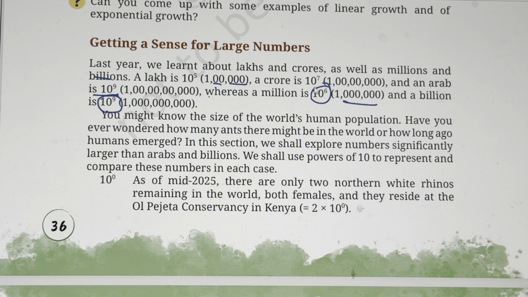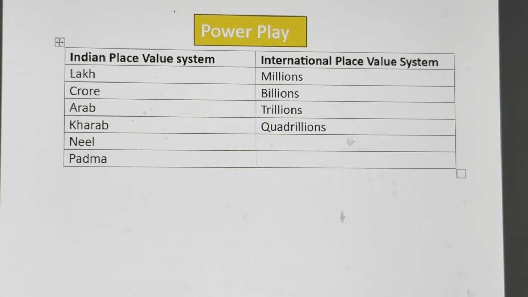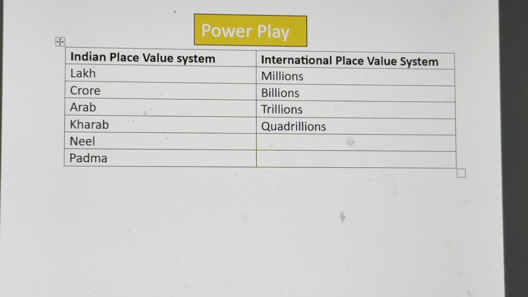Let us first understand that. I've made a chart of the sequence of these, in which if you remember the sequence, it would be easier for you to remember the powers as well. First we talk about the Indian place value system. Don't get confused, this is not equal. Lakh and millions are not equal; I have just written them in sequence. So first comes lakh, that is 10 raised to 5. You know that a lakh has 5 zeros.